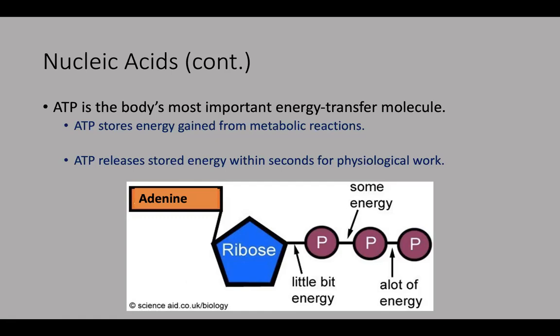And that's all I'm going to talk about with nucleic acids. We'll talk a little bit more about DNA and RNA when we get into transcription and translation very briefly in chapter 4. But for now, those are the basics of all 4 organic macromolecules. So hopefully that gives you a good base for understanding them.